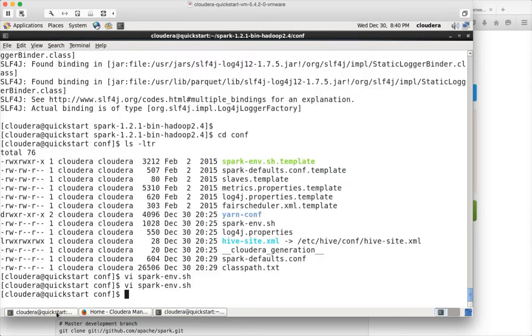And also, when you use Spark SQL, you need to have hive-site.xml. As part of the earlier video, I demonstrated how we can create a soft link to the original Hive configuration file. Similarly, when I copied all the configurations from the existing or original Spark from /etc/spark/conf to /home/cloudera/spark-1.2.1-bin-hadoop2.4/conf, that was also copied,